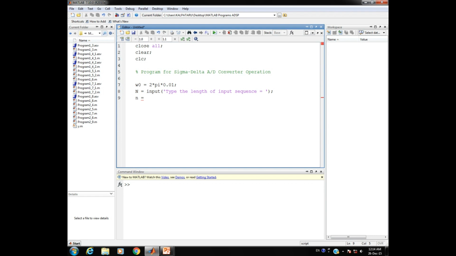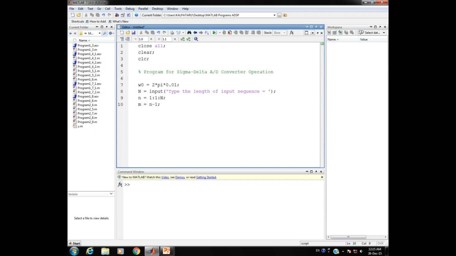So let us define it to start with the value 1 with the interval of 1 up to the capital N to be the length of the signal that we have accepted as the input from the command window here. So after formulating this n here, we are having another variable again for the discrete time representation, so that it will be equal to n minus 1 here.